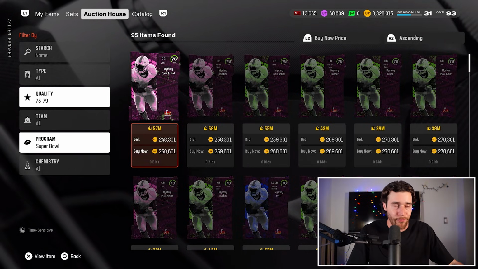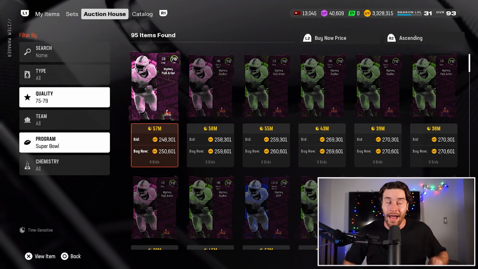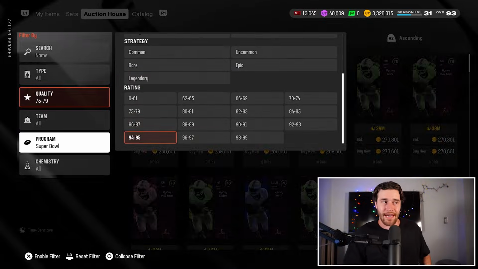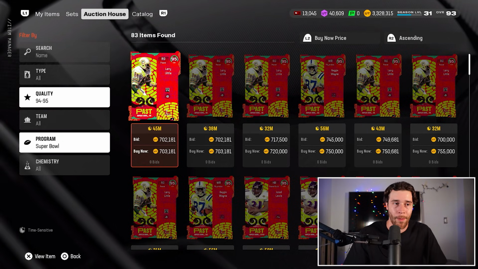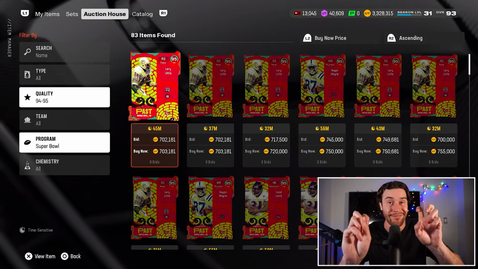Theoretically, this 78 overall mystery pick artist card right here at 250k is the equivalent of a 95 overall player. And if we were looking at 95 overall Super Bowl champions right now, well, they sell for a lot more than 250k. So going through and buying these cards, it doesn't seem like a horrible idea. Obviously, the issue with doing this is the fact that you have to wait 2 weeks before they turn into 95 overall players, but I'm intrigued with buying these players, holding on to them as kind of an investment, and